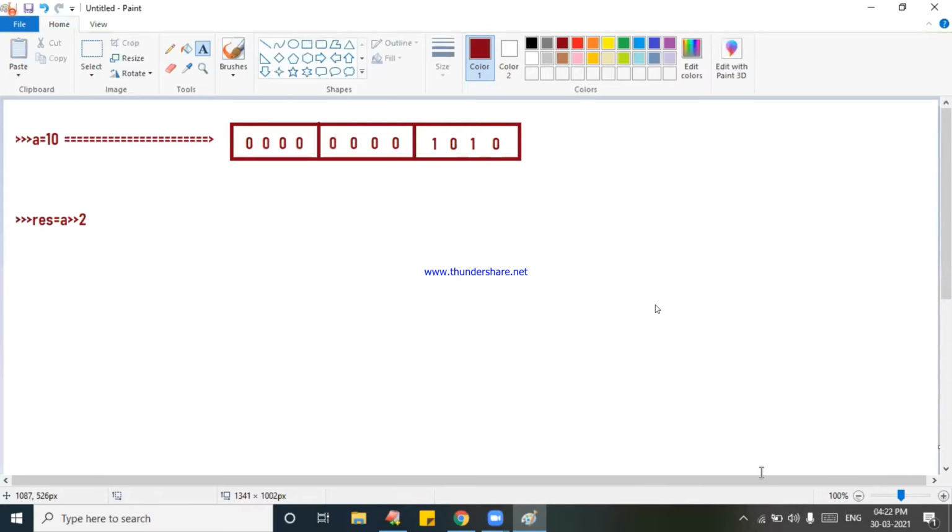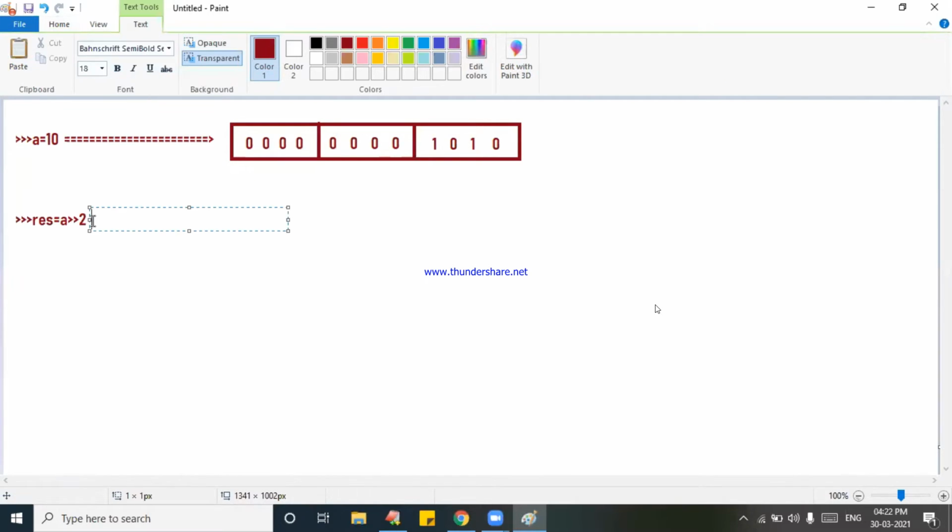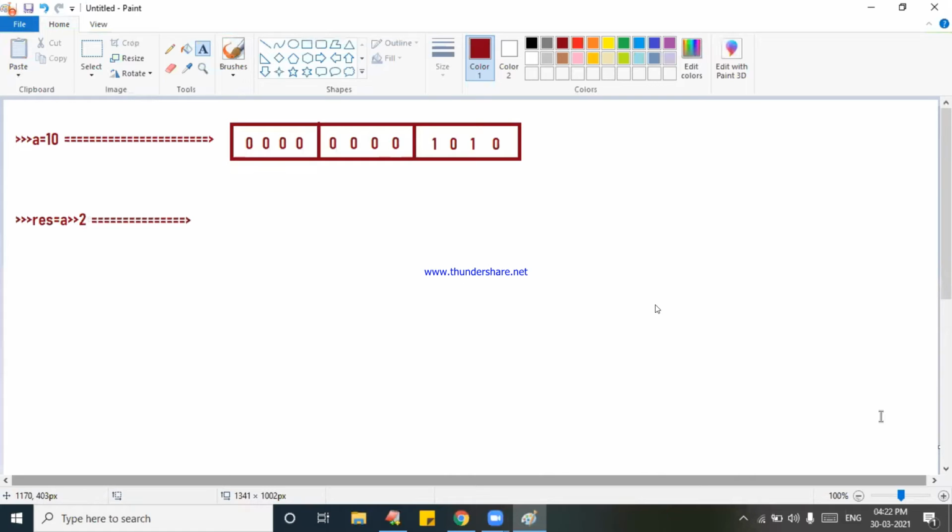Try to understand very carefully here. Now, how many bits are we moving? Because of this, what is happening? How many bits are we moving to the right side? Please tell me how many bits we are flipping off. All of you should concentrate here. 2 bits means what? Now 2 bits means what is flipped off? What are those bits? Tell me.